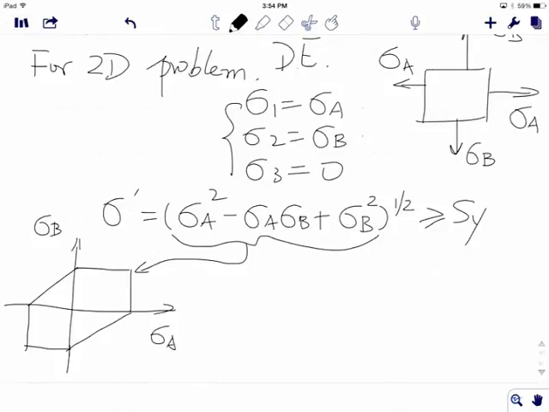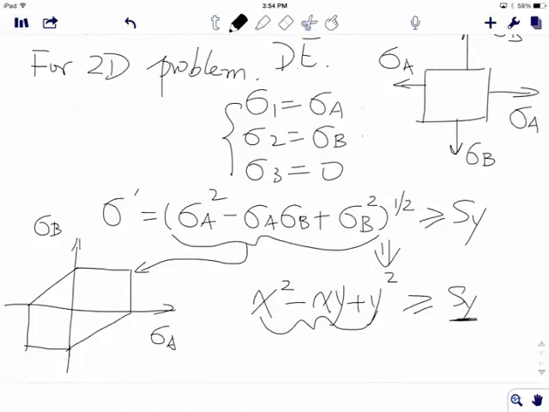Okay, all right, now again, like I said, sigma A is my x-axis, sigma B is my y-axis. So whatever is on the left-hand side is similar to this, right? When you look at a Cartesian coordinate system, SY is just a number. It's going to give you a value, right? And what's inside here from a